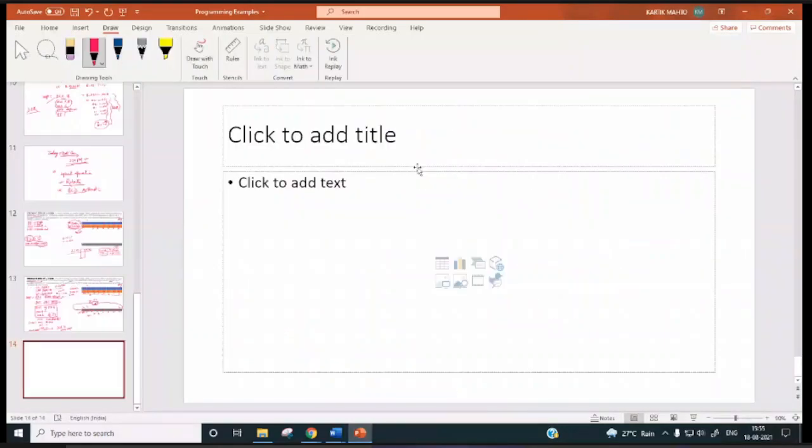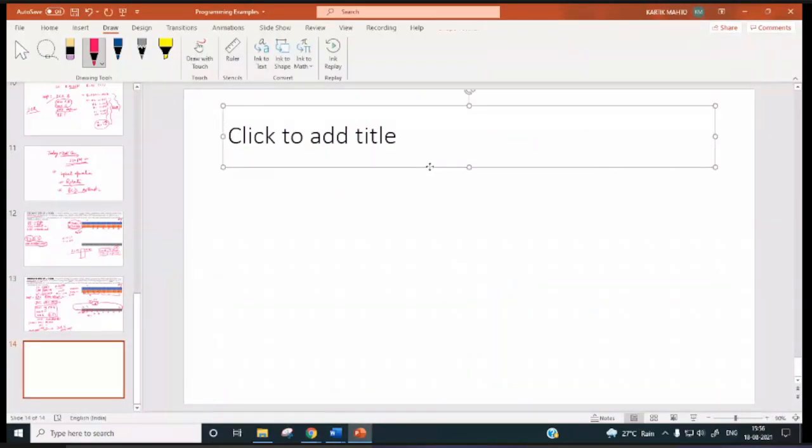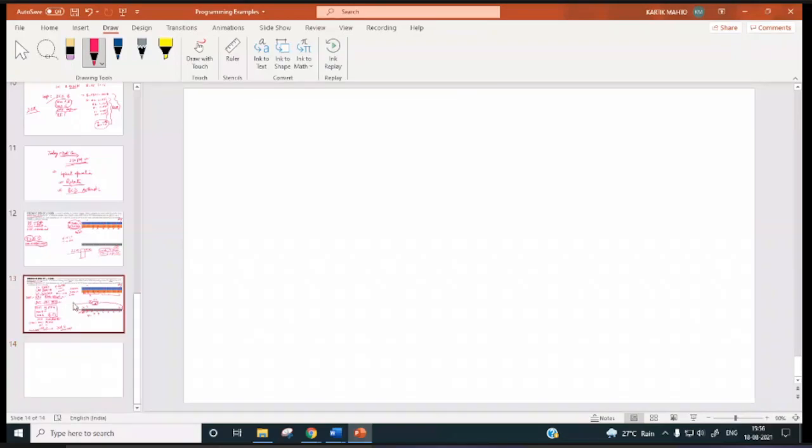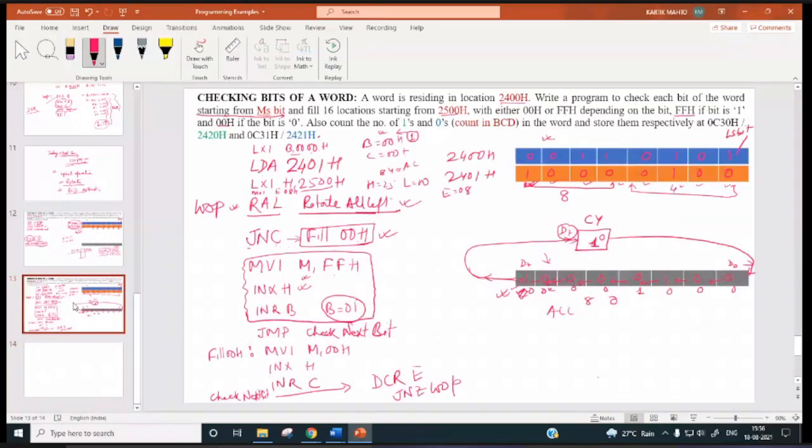That RL should be RLC, sir, because we don't know the carry flag in the initial condition. Suppose initially the carry flag is 1. If you rotate this, first of all we are rotating, then we are checking the carry flag. What will happen?